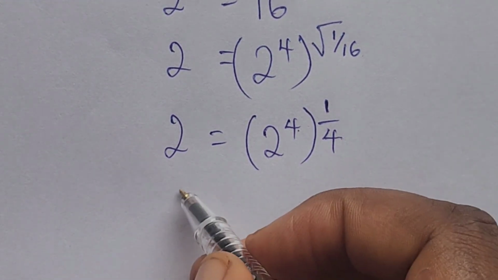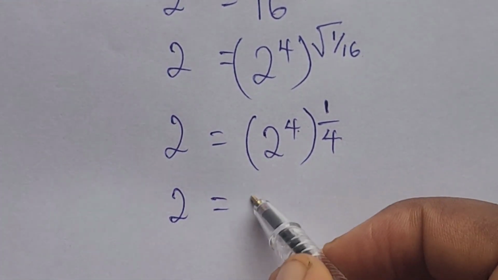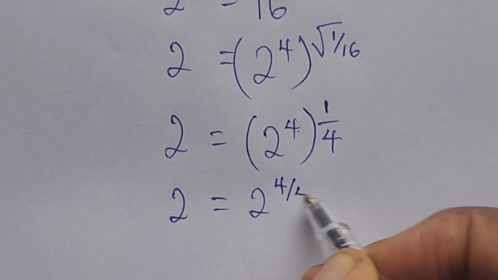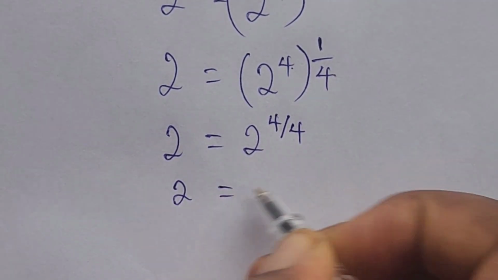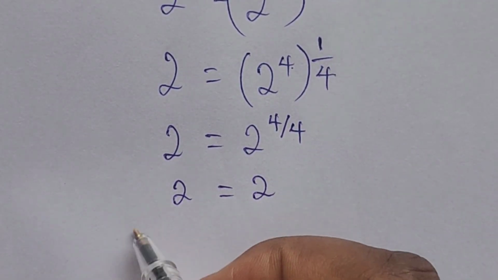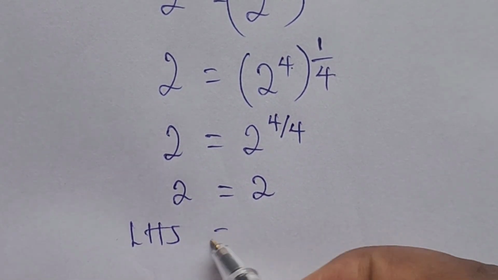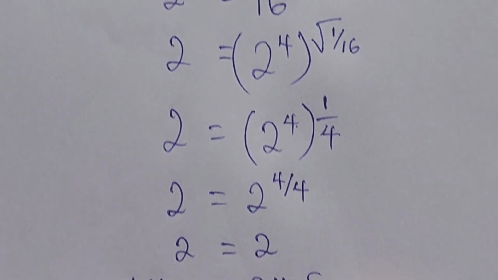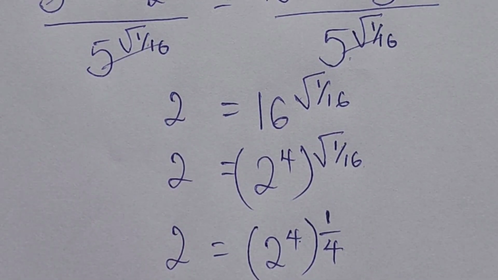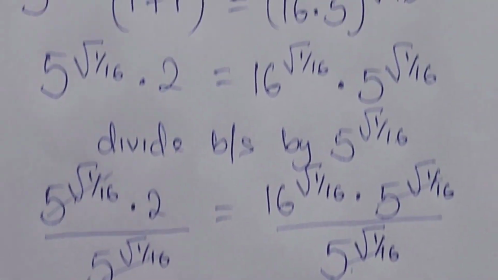We have 2 to be equal to 2 to the power of 4 over 4. So we have that 2 is equal to 2. So the left hand side equals the right hand side. So our value for a